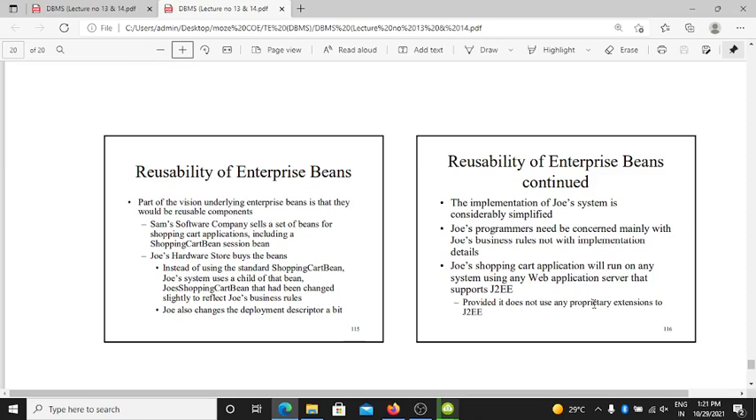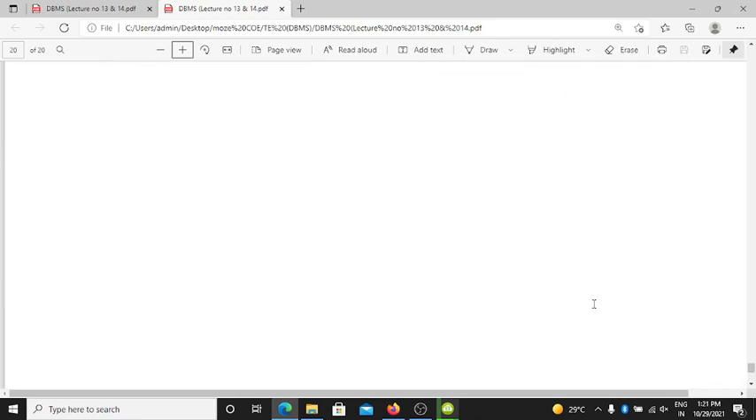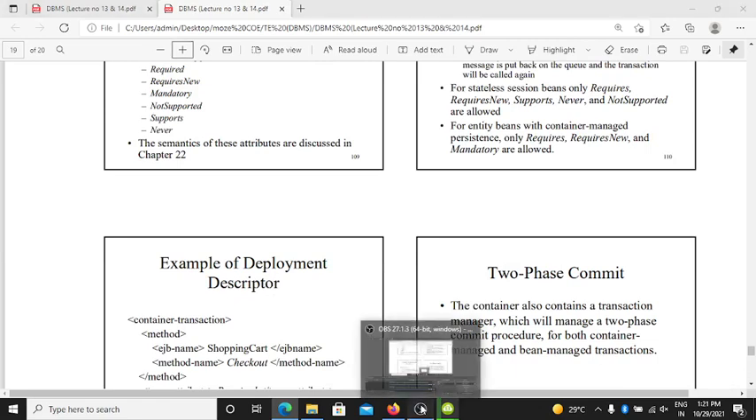The implementation of Geo's system is considerably simplified, as Geo's programmer needs to concern mainly with Geo's business rules, not with implementation details. Geo's shopping cart application can run on any system using any web application server that supports J2EE, provided it does not use any proprietary extensions of J2EE. This is all about today's lecture. In next lecture we will